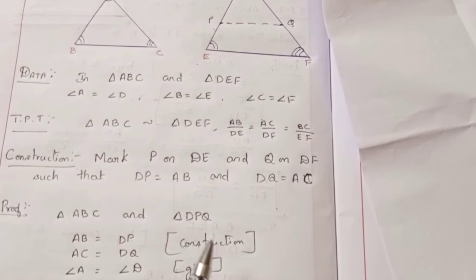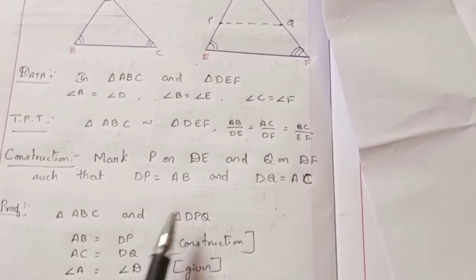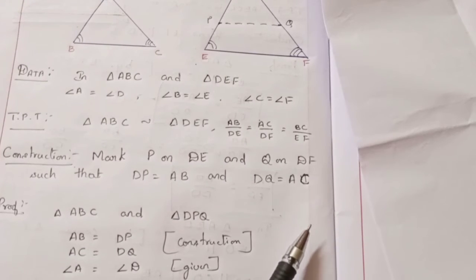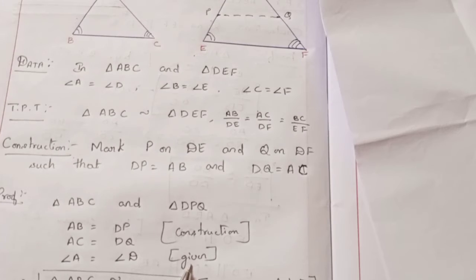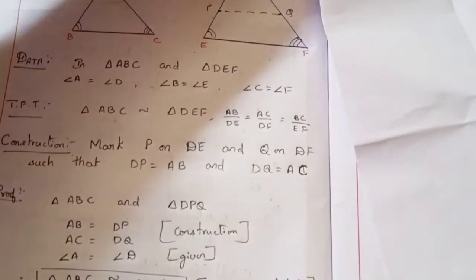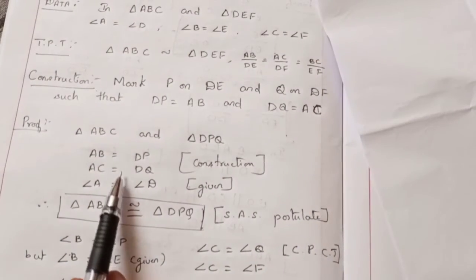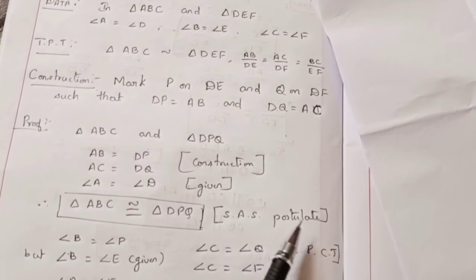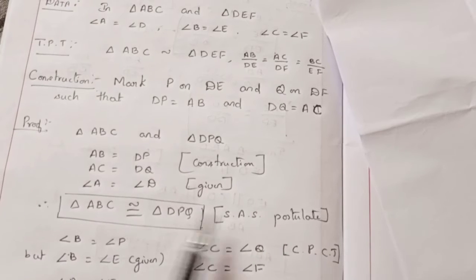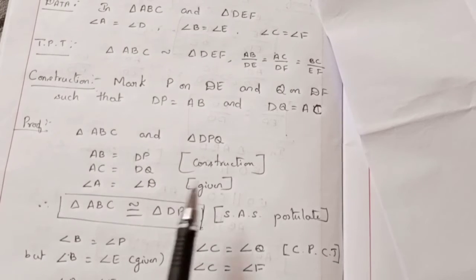So I have taken ABC and DPQ. Side AB is equal to DP, side AC is equal to DQ by construction, already we have written here, and angle A is equal to angle D. This is given in the statement itself, from the data itself. So three elements are finished. To prove two triangles are congruent to one another, out of 6 elements, we need 3 elements. So we have proved 3 elements. Therefore, by the SAS postulate, that is side, angle, side, we can prove that these two triangles are congruent to one another. That means the remaining 3 elements are also equal to one another.